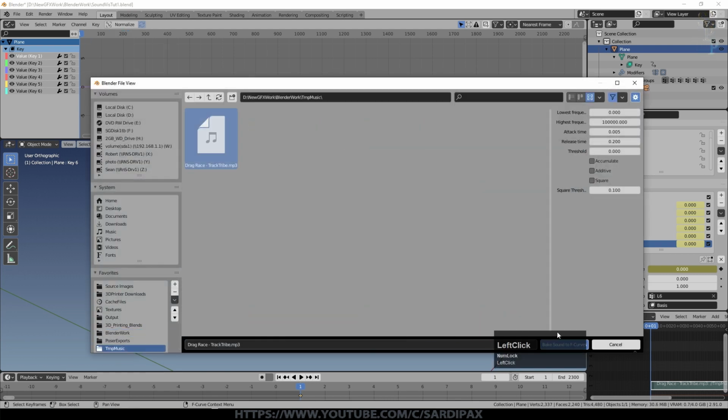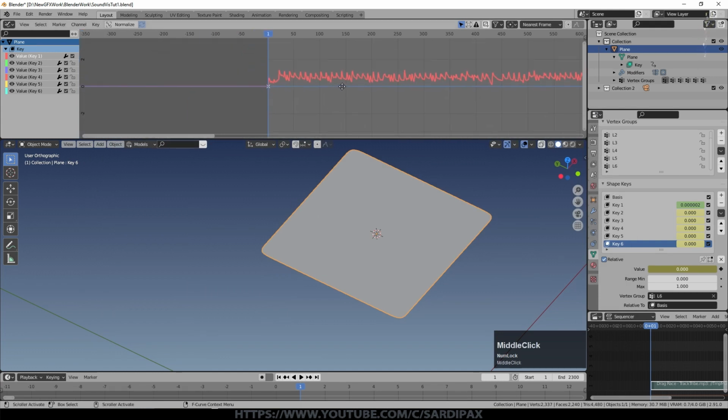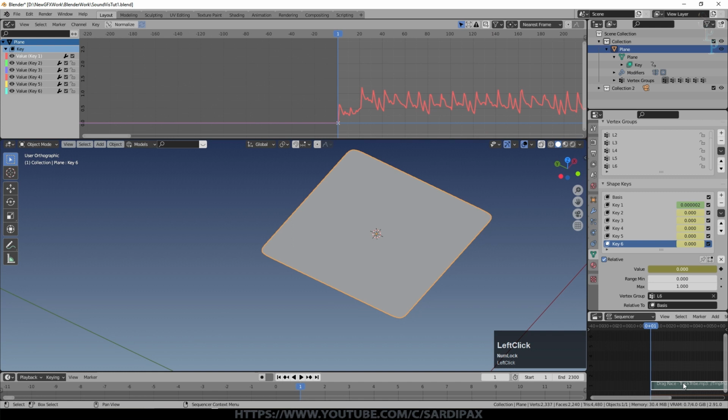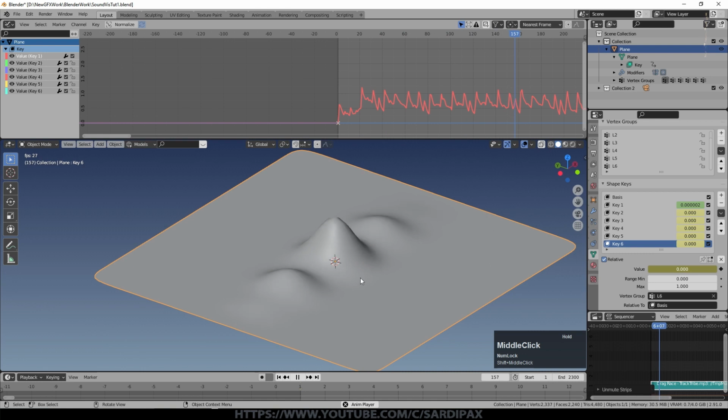So this is the music I'm using for this demonstration, and you can see there it is, and you can see it starts right on frame 1. So if I just Alt H to unmute that sound, so you can see there's the music, and there it is causing that keyframe to trigger. So now we need it to reflect into the others. But what I wanted to do is to have it sort of start in the middle and flow out.